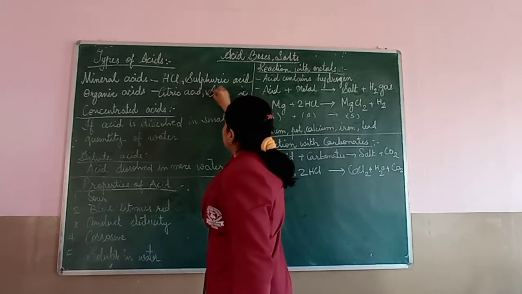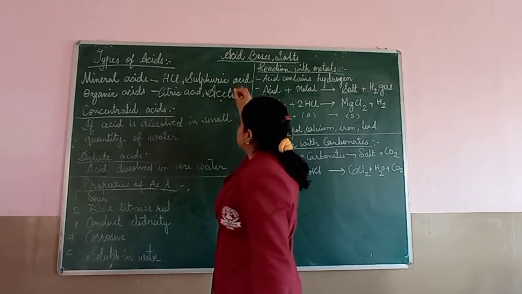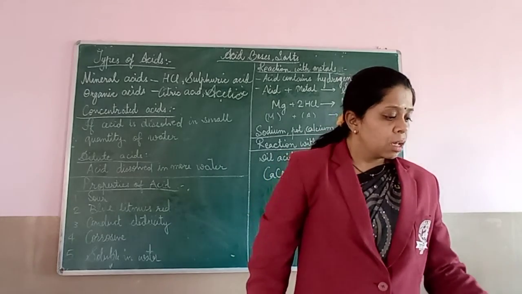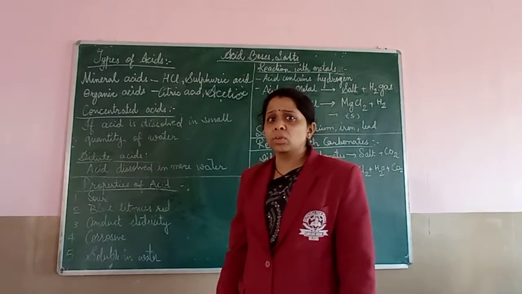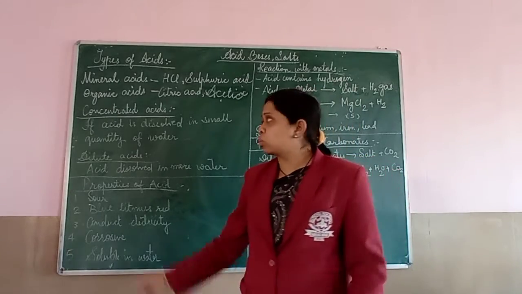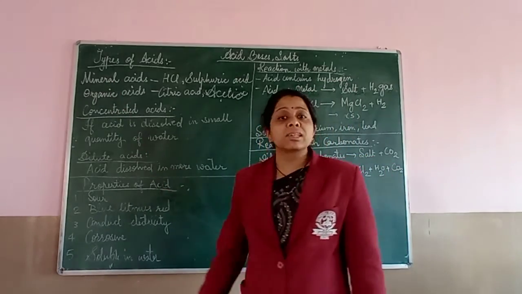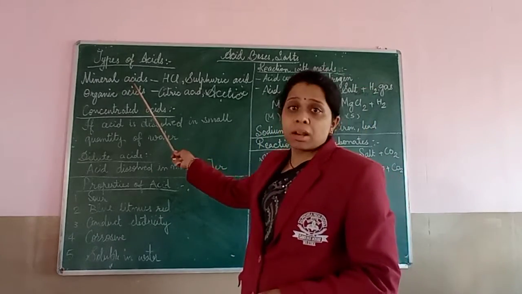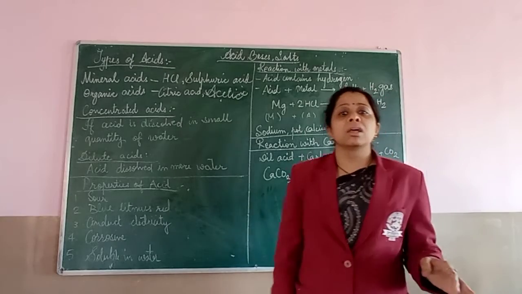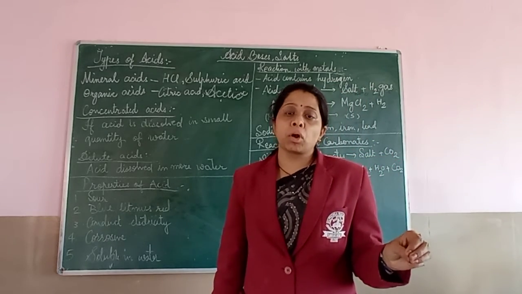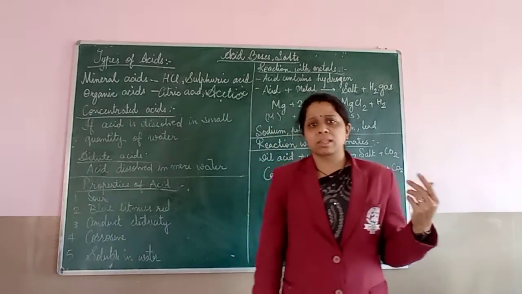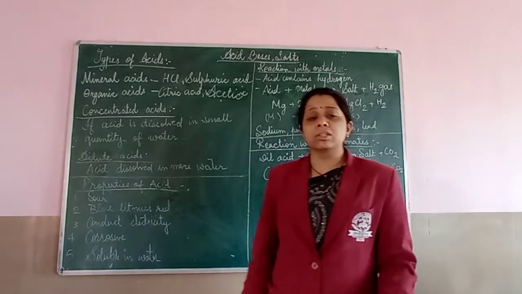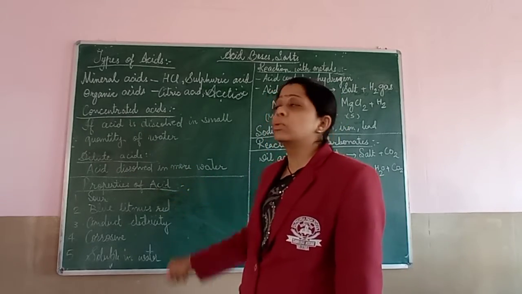So for example, if I put up acetic acid, just try to recollect: yes, we got acetic acid from vinegar, if you remember. So the acids which are obtained naturally are called organic acids, and acids which are obtained from various kinds of minerals are called mineral acids. Example, as we have discussed, these acids are normally used in laboratories, that is hydrochloric acid, sulfuric acid, and so on.